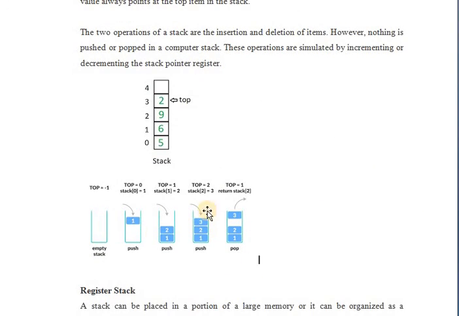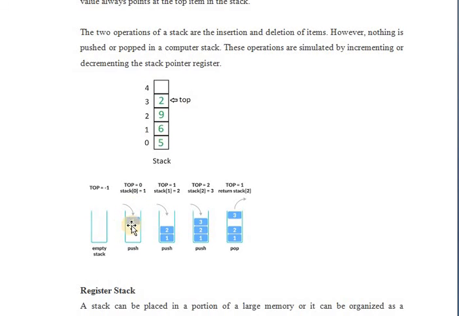So see here, this is another example of a stack. This is an empty stack, so top equal to -1, nothing is there. This is a stack with elements. See here how the push and pop operations are performed in the stack. The stack is empty here, that is why we say top equal to -1. When the top of the stack is 0, top equal to 0, there is only one element. Push means we are inserting an element into the stack.